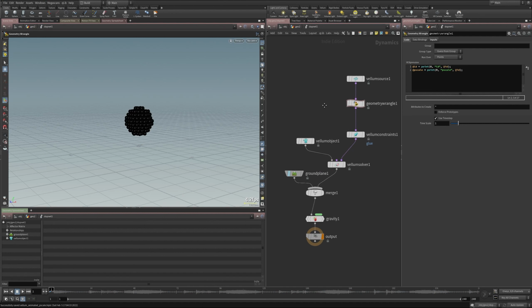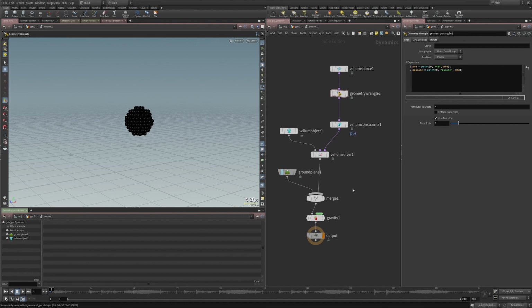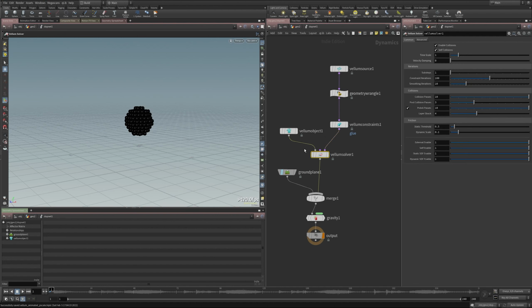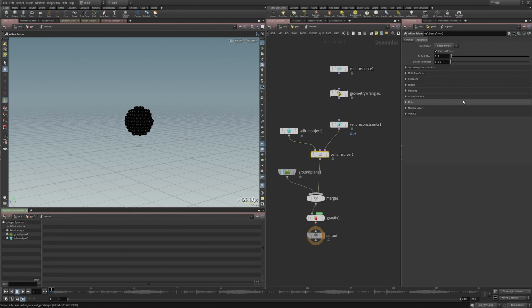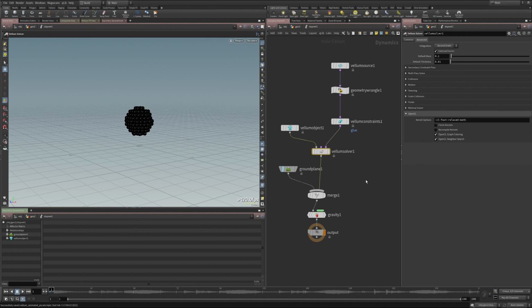For the longest time yesterday and part of the day today, I was like, okay, this just isn't working. Maybe I'm doing something wrong. I went back to version 18.5 and rebuilt this, and it worked perfectly. And I said, well, maybe version 19 is messed up. So I updated to the latest production build, and it was still messed up. I reached out to some people on the CG Wiki Discord, posted the question, and somebody, Bouncy Ferret, helpfully said, hey, maybe try disabling some of the OpenCL options.